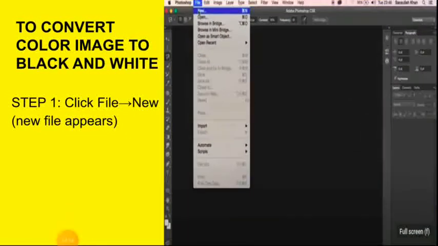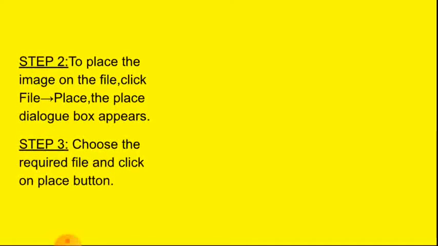Next we are going to see how to convert color image to black and white. Click File, New. New file will appear. Step 2.